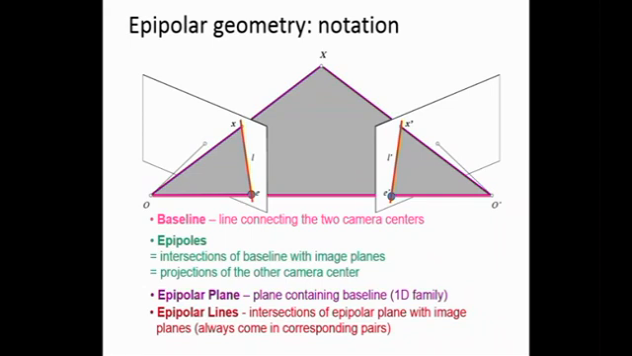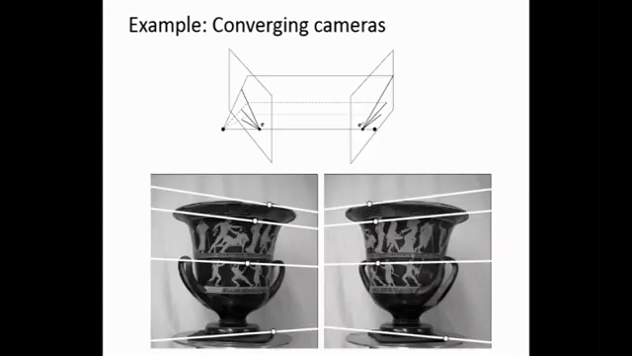Right? So given x prime, once we solve for the relative camera, then we can get L, the epipolar line in the first image. And given little x, we can get L prime, the epipolar line in the second image. So here's a couple of examples of these